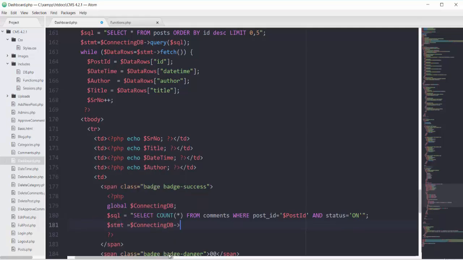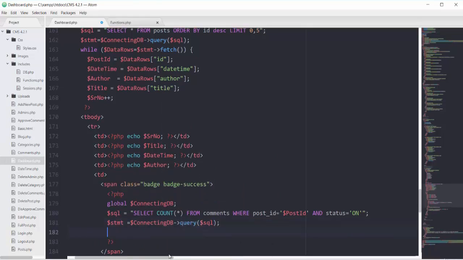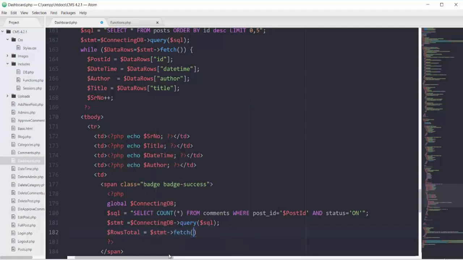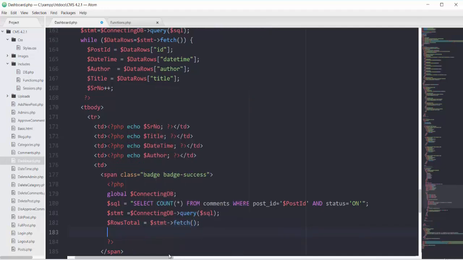Then on the next line I will have this stmt that will use the query method, passing that SQL here. Then we will have our variable rows total that will use this stmt and fetch everything.